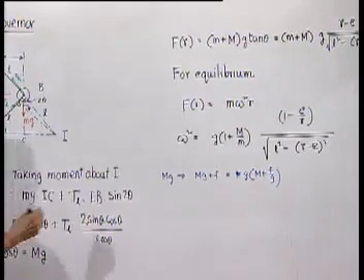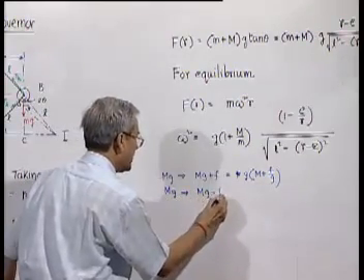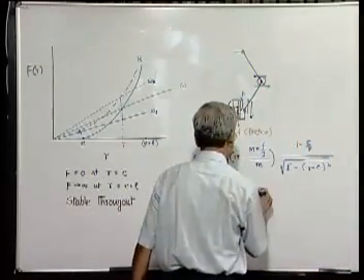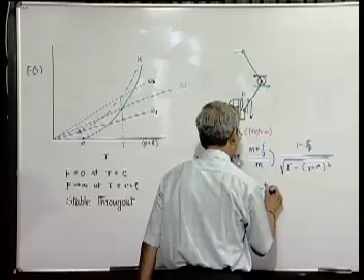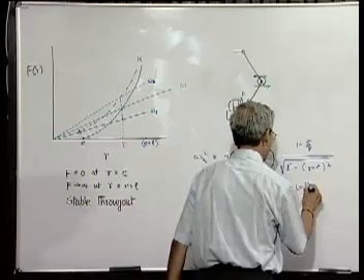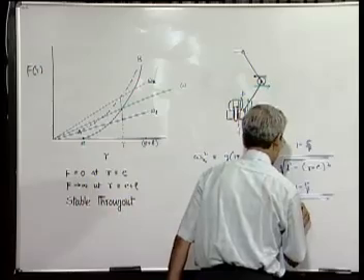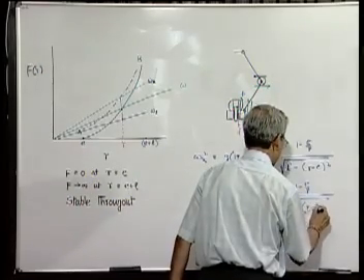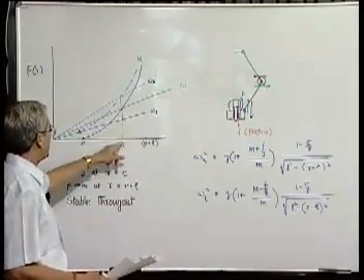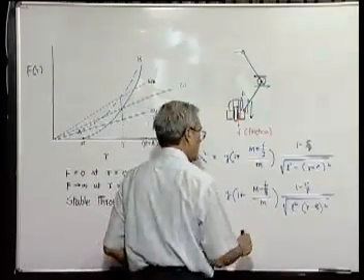Similarly, when mg is replaced by mg minus f, when speed is decreasing and the sleeve is going in the downward direction, then m will be replaced by m minus f by g. So we get the upper and lower speed limit at a particular operating radius, and what we can do, therefore,